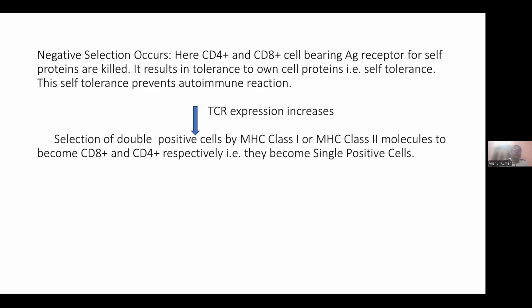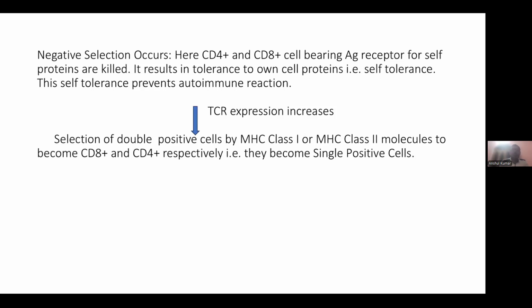Now, negative selection occurs. Here, CD4 plus and CD8 plus cells bearing antigen receptors for self proteins are killed. As I already told you, this is the procedure in which there is a change in the processing of the differentiation of the T cells, in that cells which have CD4 plus and CD8 plus receptors for self proteins are killed, so that they will not react. Those that are able to react with self proteins are killed, and it results in